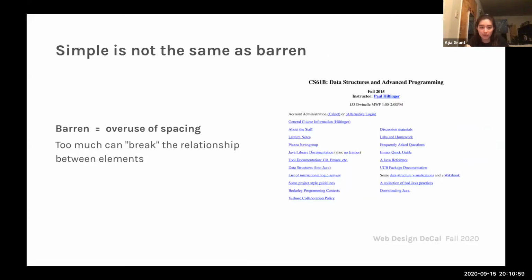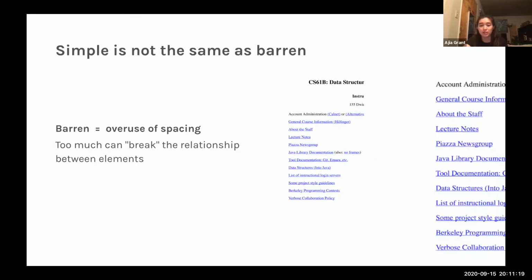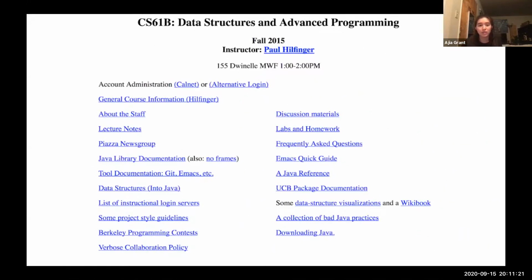So yeah, simple is not the same as barren. We talked about how important white space is to drawing your attention to things. But if there's too much white space, it can also make the elements on the page dissociate from each other. So as you can see here, this is an example of the old CS61B website. Thankfully, it is no longer like this, but even though there's plenty of white space, you still don't know what to focus on.